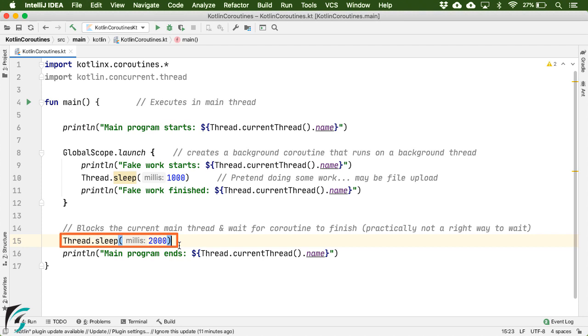So in real projects, what exactly do we need to write in place of this statement so that we can wait for the coroutine to get its job done? Well, for the answer, you need to wait a little bit. Right now my intention was to just show you how to write your first program using coroutine. So wait a little bit, follow my coroutine videos, and you will definitely get your answer at the right time. That's my promise. Perfect.